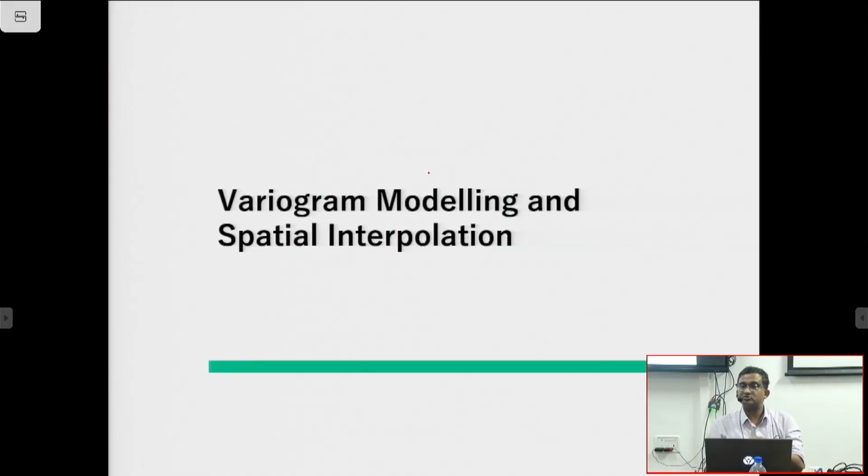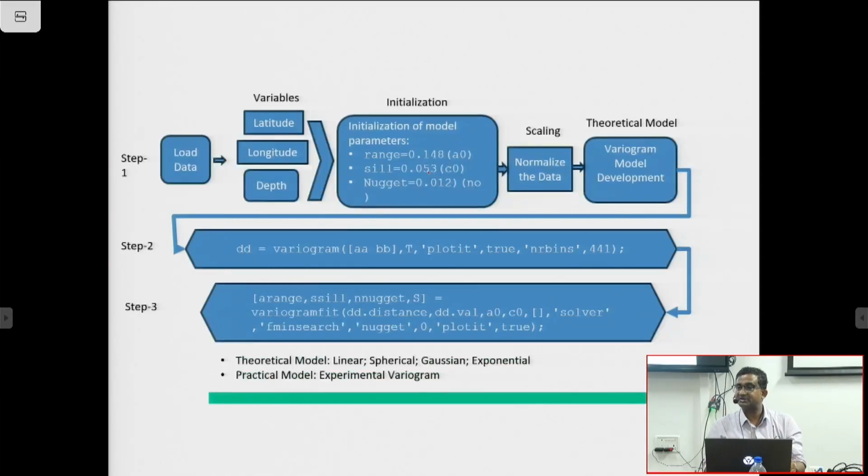Okay, so coming to the problems of variograms we have discussed in the gravity, there you will see that we need to first take the data. Here we have used, in a conventional variogram modeling, our latitude, longitude, and the depth, let us say, and it has to be initialized by the factors. Say, what is the range of these, what is the sill value, what is the nugget value. These are the parameters which are required to